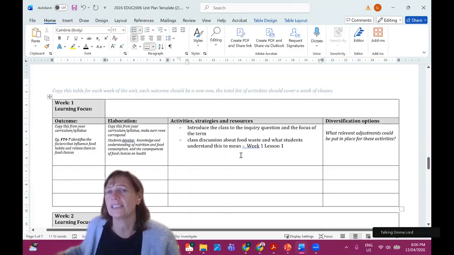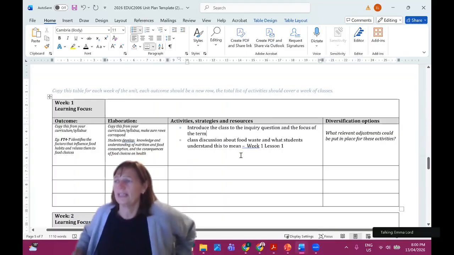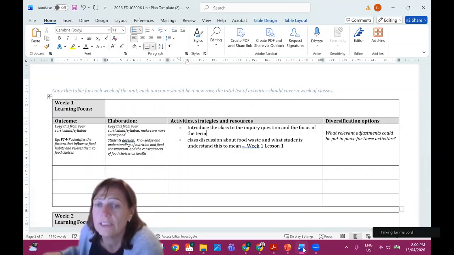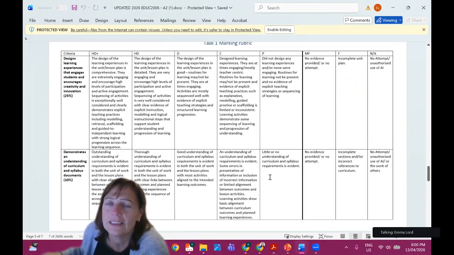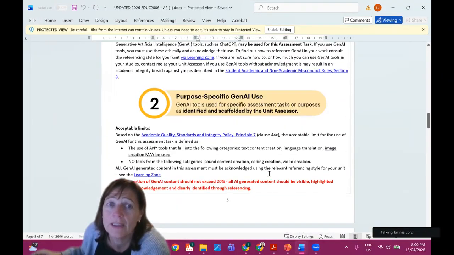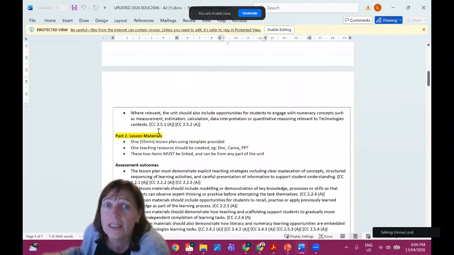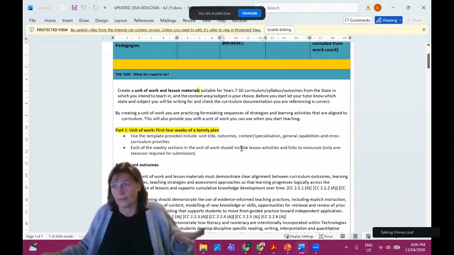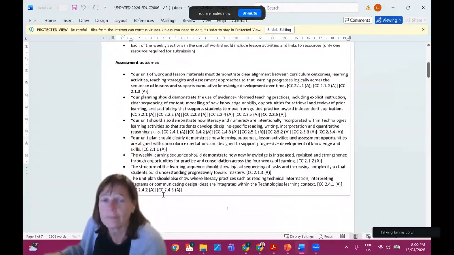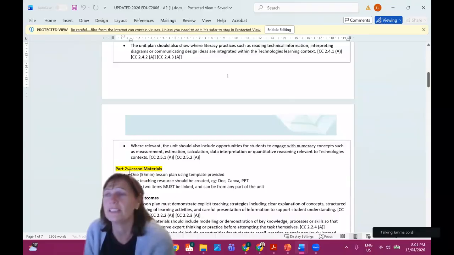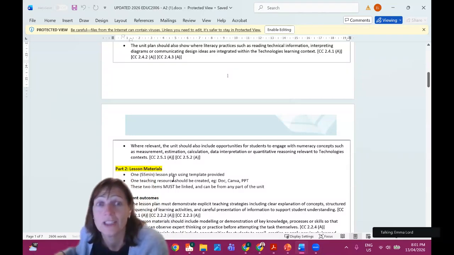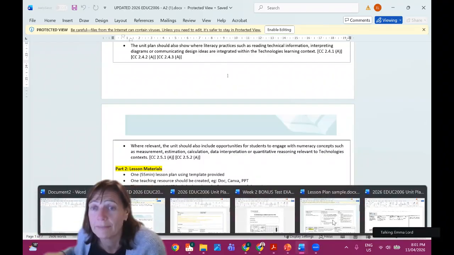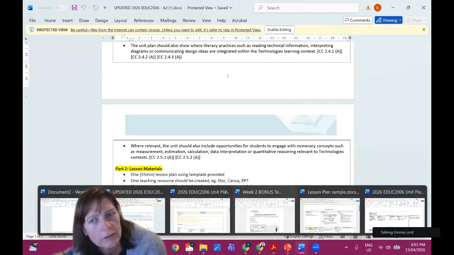So here I'm going to do this, understand what they're going to do, right? No, so we don't need to create, you do not need to create the assessment task. The parts that you do need to create, you're going to have your 4 weeks. That's what we've looked at. That's what we've been looking at. You're going to provide the materials for one of these lessons, okay? So for one of these lessons, so remembering that the lessons that you're creating,